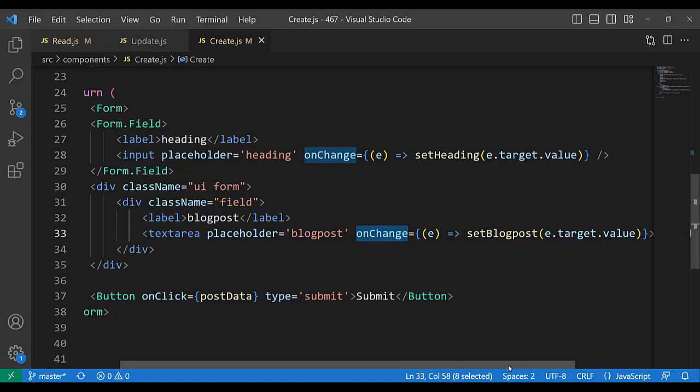We write something and click outside. Also in the text area, we click outside. That is onChange. At this moment, when we click outside,